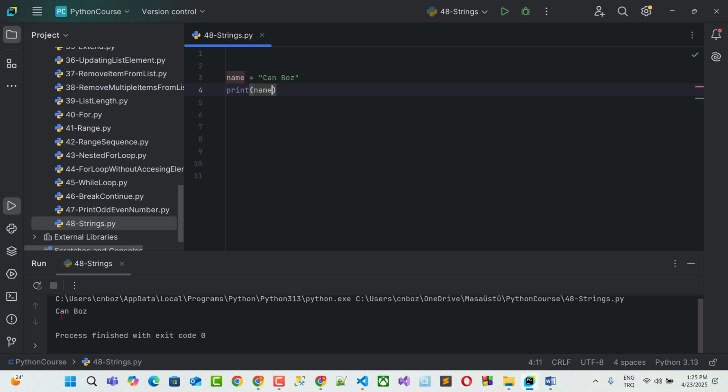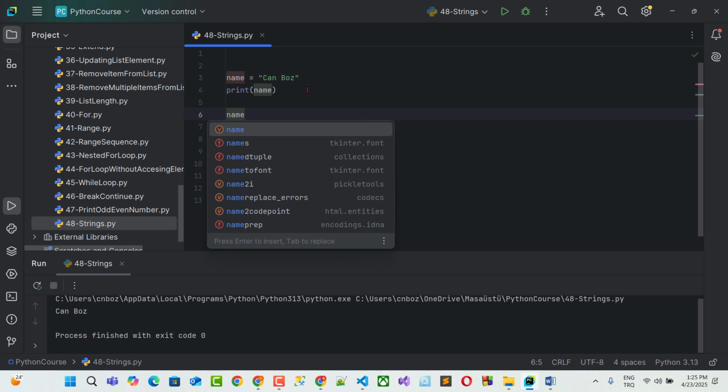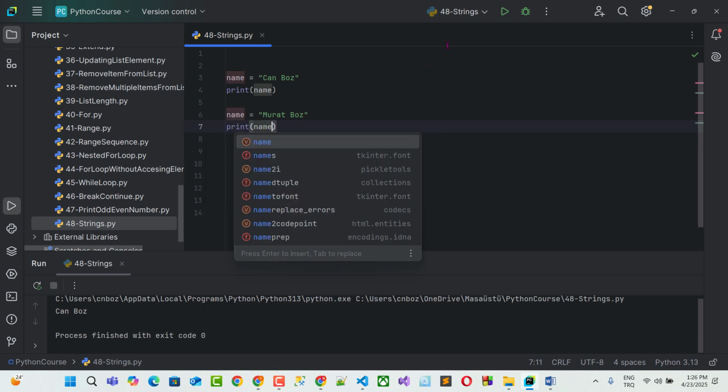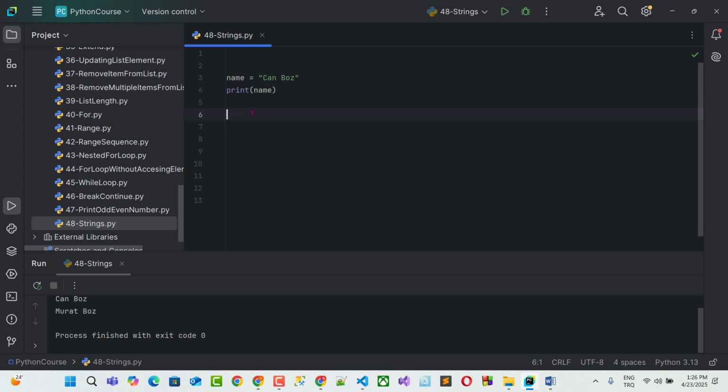So we can change a string value by reassigning a new value to the string variable. Let's do it. I reassign a new value to the string variable. For example, name is equal to Murat Boz. Murat Boz is famous in Turkey, who is a singer. So I print name again. You will see Can Boz and Murat Boz. Okay. I delete Murat Boz